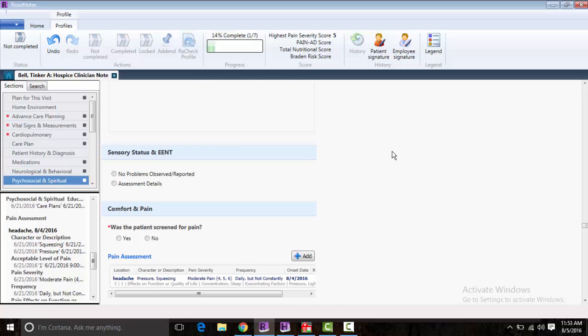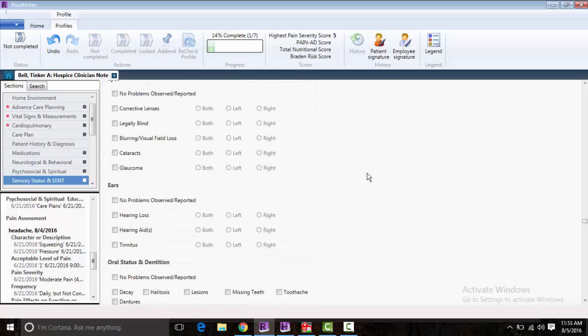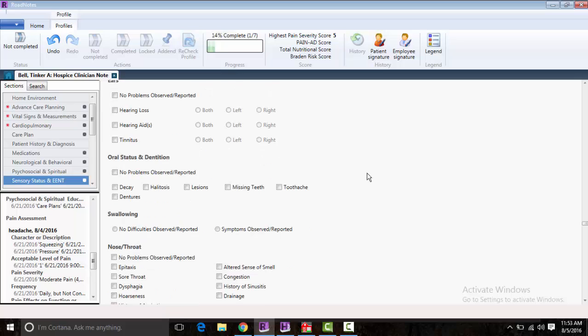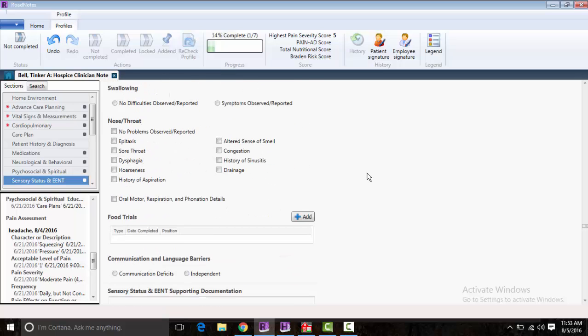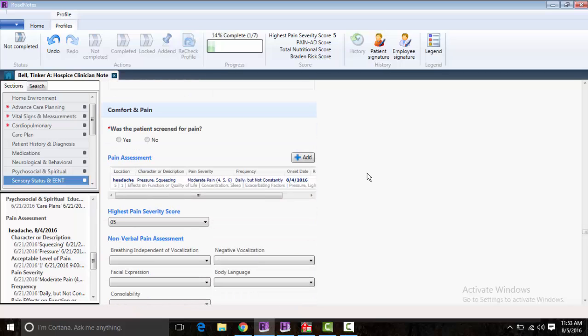You'll have an opportunity to click in and use the fields that are appropriate. I'll just go ahead and open it up and scroll through that. Again, additional fields will open up and light up as you make selections, and you'll be able to document appropriately there. I do want to show you on the comfort and pain section, they did make the comprehensive pain assessment